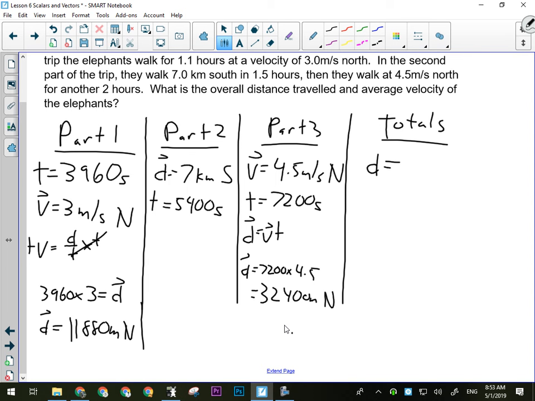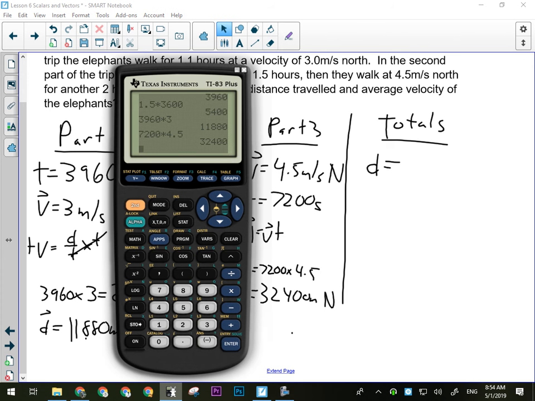So now I've kind of got a general picture of what this trip looks like in my head. First thing I'm supposed to calculate is total distance. So I'm going to take the displacement for each one of these parts and just add them together. Regardless of whether they were north or south, I'm just adding them because distance is just about how far the elephants walk. So we'll take our 32,400 plus